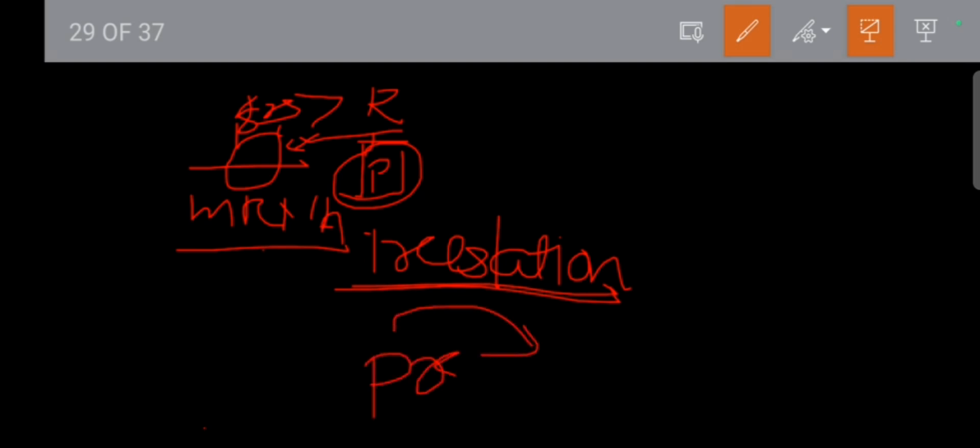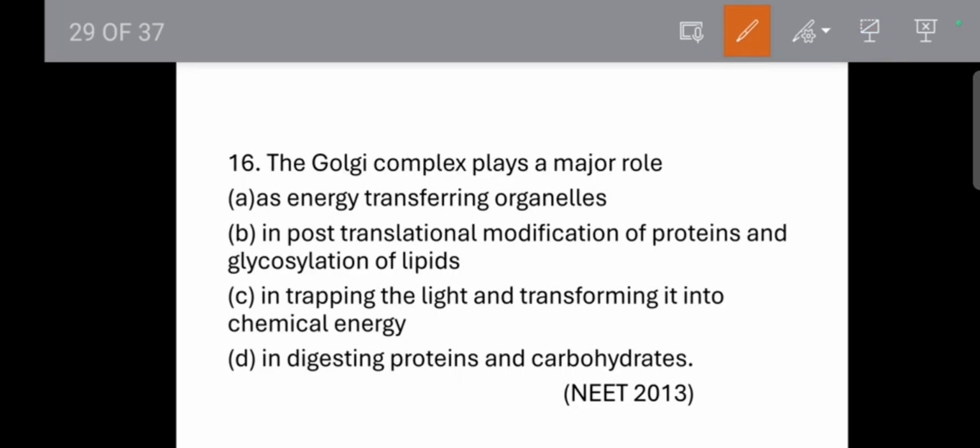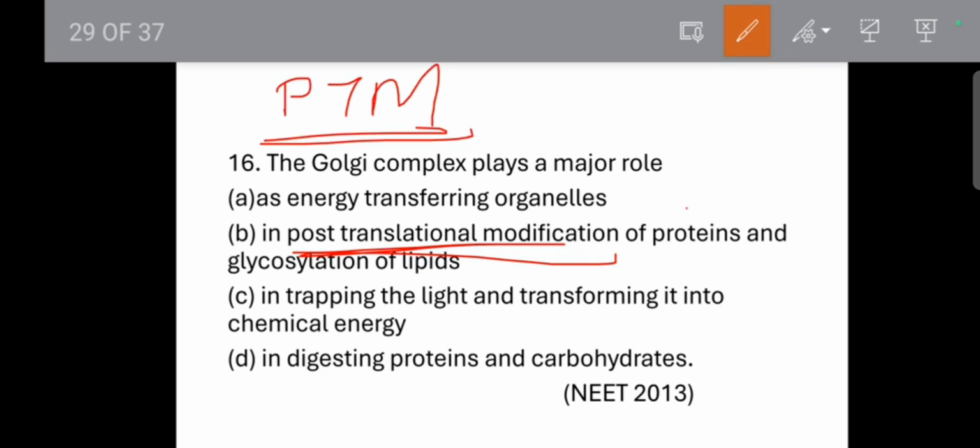This is the ribosome. And the protein is developed. The process of developing protein from mRNA on the ribosomes is called translation. After the translation comes the post-translation. So the question is about post-translation modification, the PTM of the proteins, and the